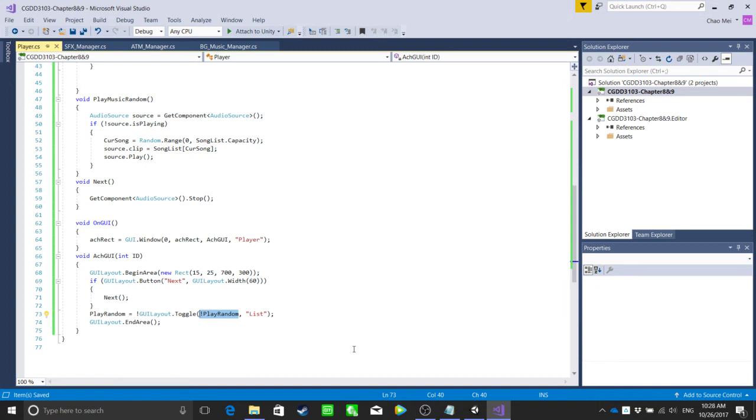And if it's not selected, this whole statement will return a false because it's not selected. Right? Makes sense. And if you put this here, it becomes true, then this play random variable becomes true. So if it's not list, it is play random. The logic is here. This controls whether it is selected or not, and this will return if it's selected or not. But if we assign a value here,